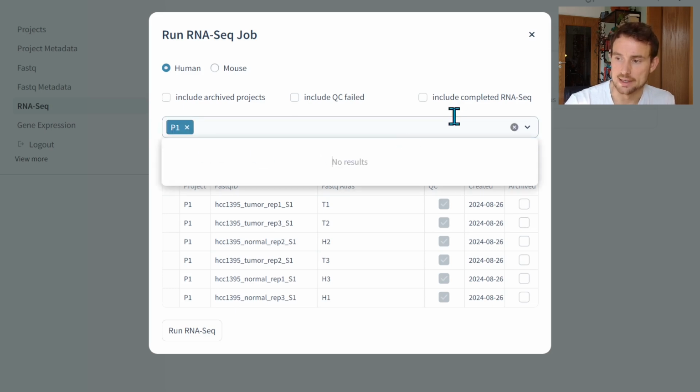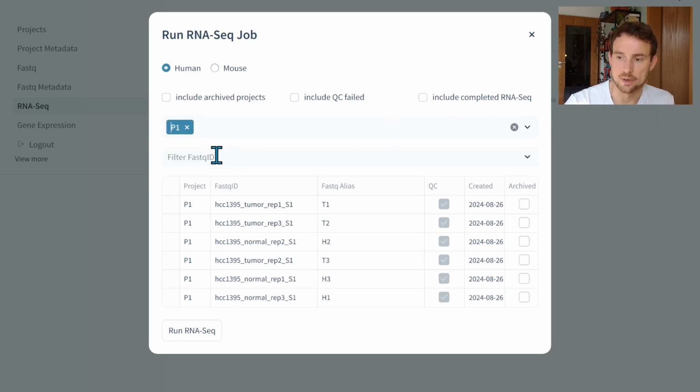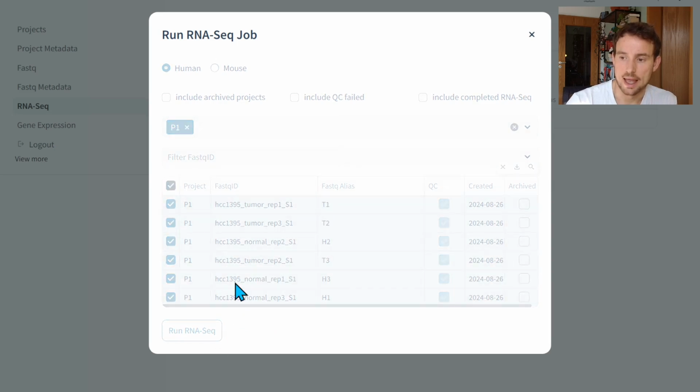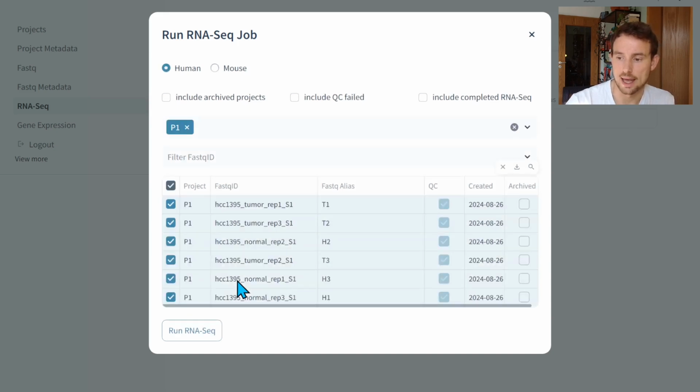For instance, we can select only datasets that have been assigned to a certain project, like P1, which holds all our tumor and normal tissue. And now we're going to simply select all the datasets that we have in our project P1 and start the analysis. And this brings us back to the RNA-Seq analysis page,